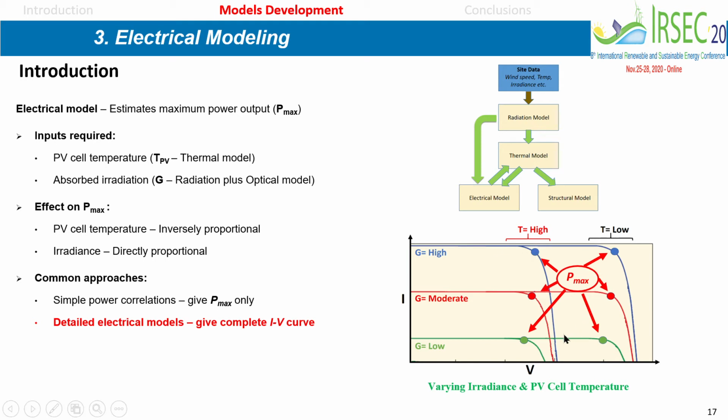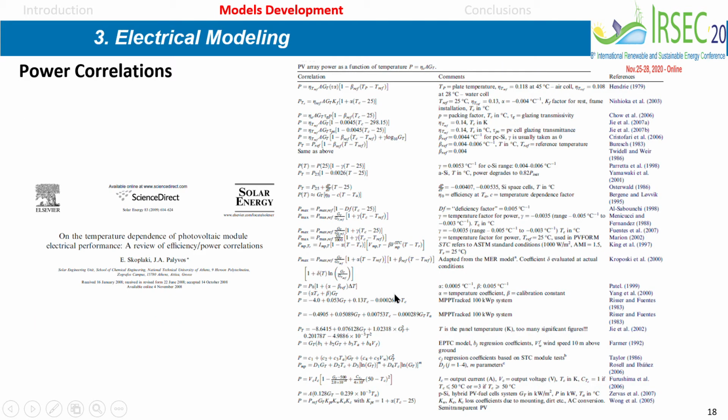Now we decided to go this way, and before I go to what we did, just to show you how many correlation relations exist in the literature to calculate the maximum power. Plenty. But is this good? Well, certainly it all depends on the application, it all depends on the type of PV that you are considering. In our case, by the way, I probably did not mention it, the panel that we are considering is a polysilicon-based panel.